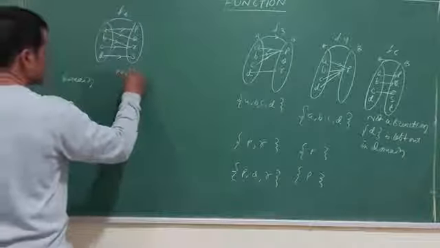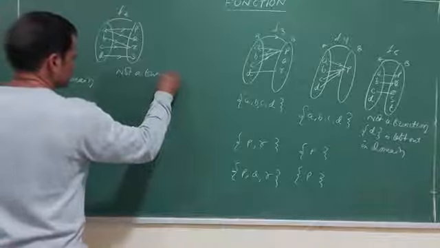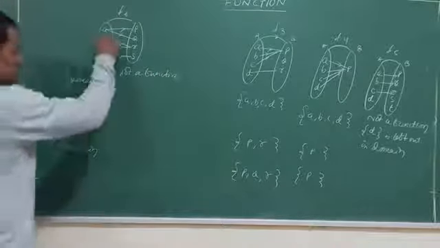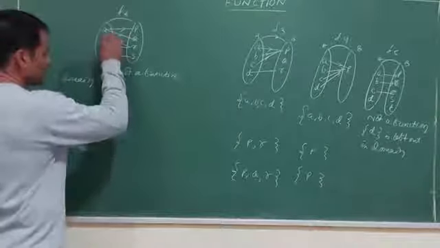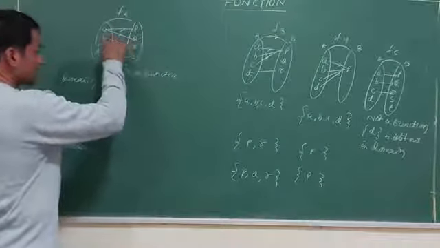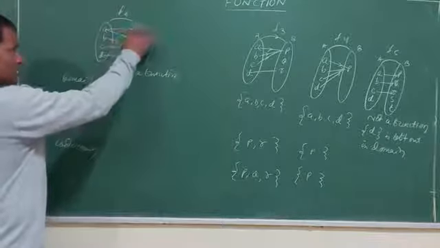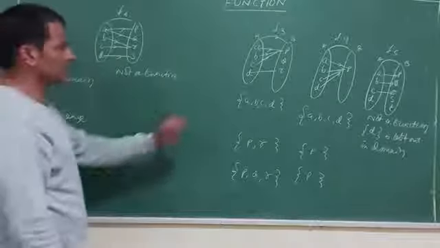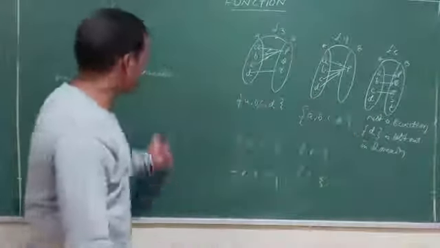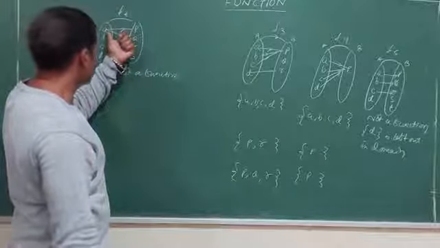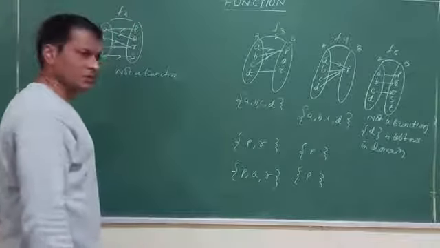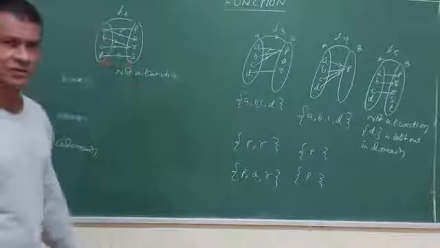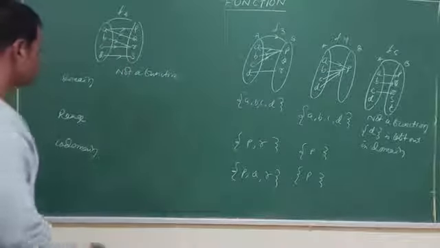Not a function. This is not a function because the reason is very clear. It cannot be one-to-many: one element here, many images there. That means no element of the domain must have more than one element in the codomain. Here, no element should be left out, and here, no element should have more than one image in the codomain. So, not a function. When it is not a function, I am not going to think about the domain and range. Over.